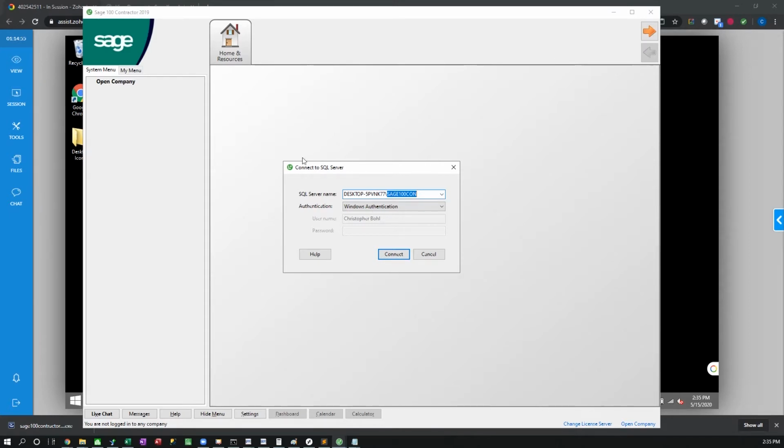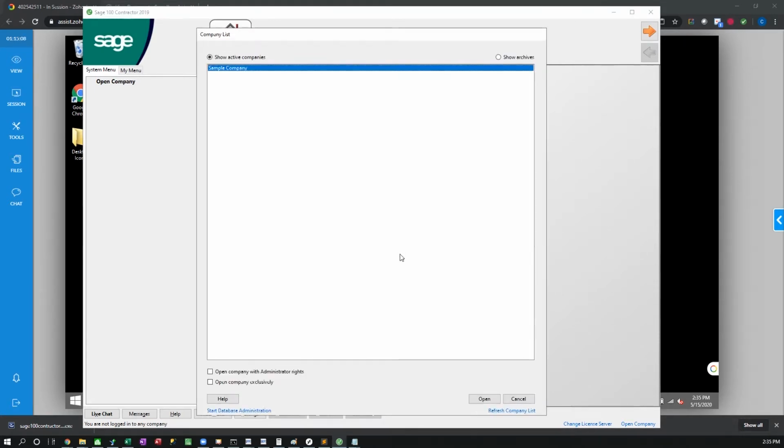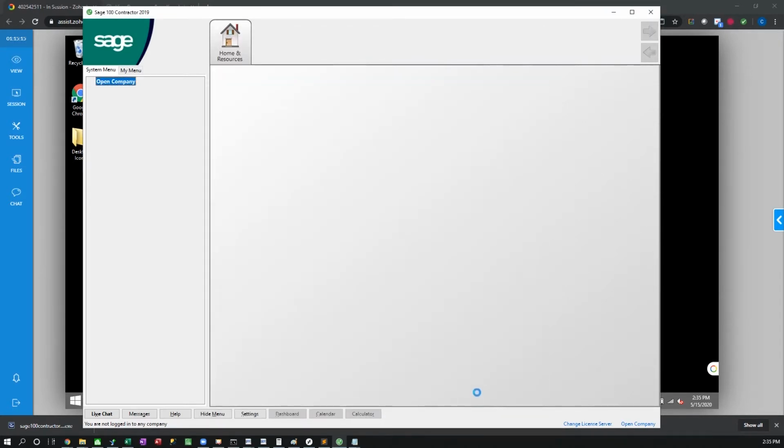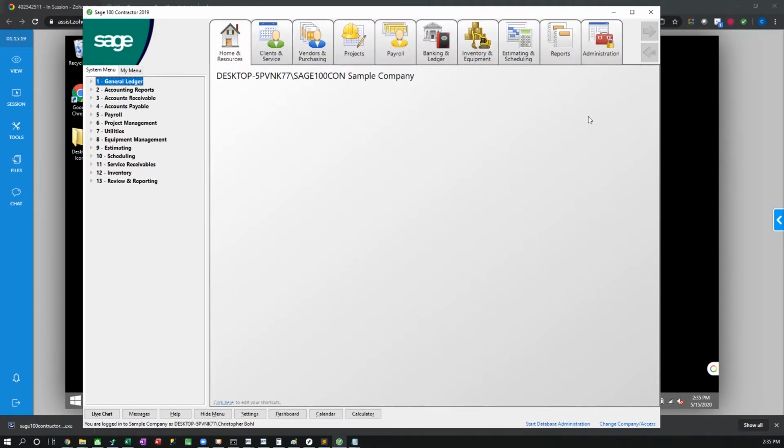Go ahead and record both of these, preferably on a piece of notebook paper or something, just so you have it with you and you can carry it from this computer to your target machine. Once we have these two pieces of information, we need to go ahead and connect to the server with an administrative account so that we can open a company as an administrator. It doesn't really matter which company. We just want to open any company and come into the administration tab, go to the licensing submenu, and click